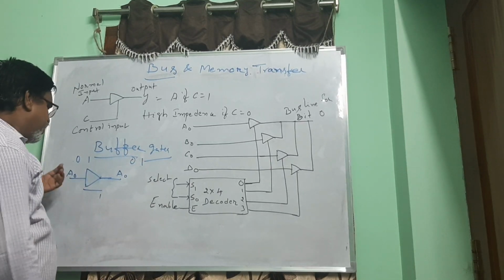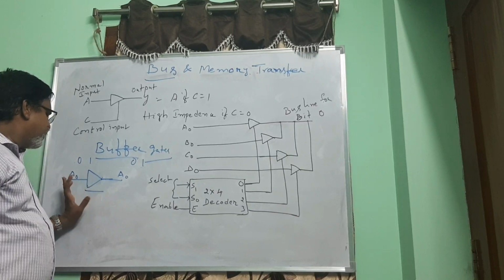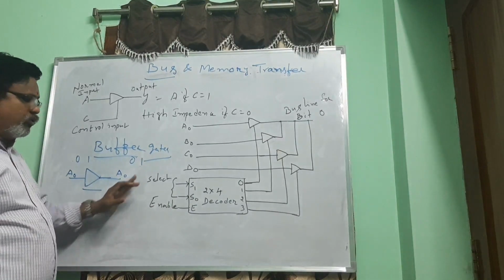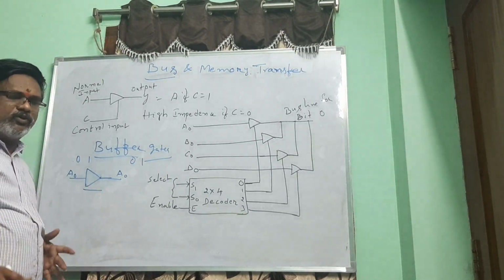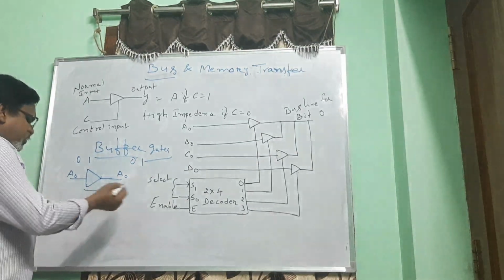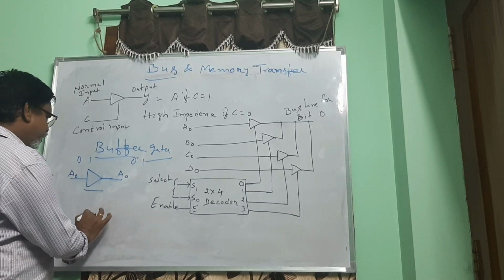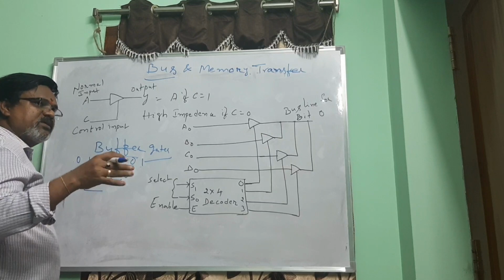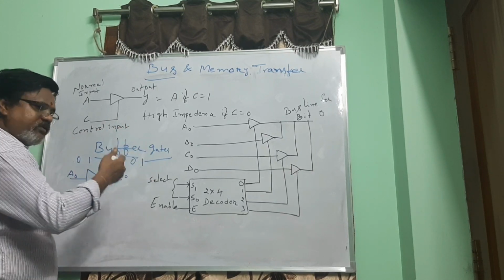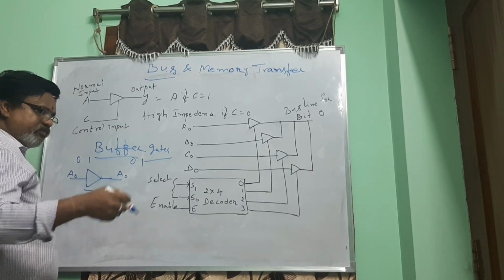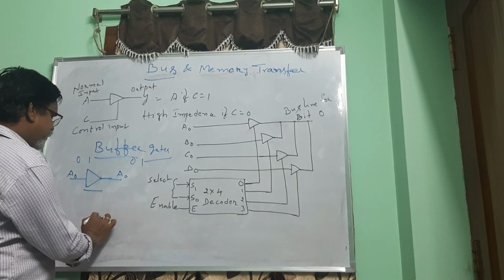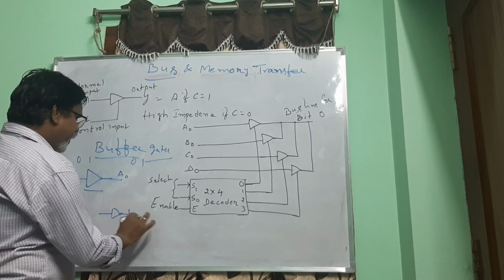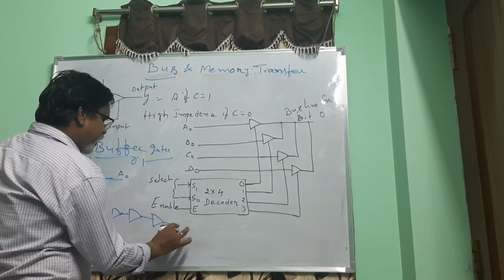Now you can ask me, sir, if it is going to generate the same input as the output, why do we use it? We don't want to bother about that now, but if you want me to tell, I can. If you want to maintain certain timing in the synchronous and asynchronous data transfer concept, it will come in here. It is used just to provide a delay between times. If we want to provide an 8 second delay, 8 buffer gates will be connected like this.